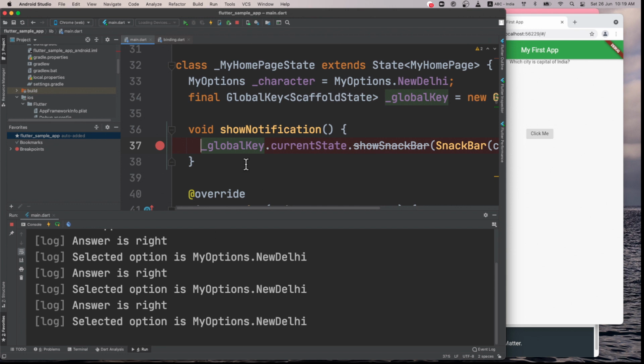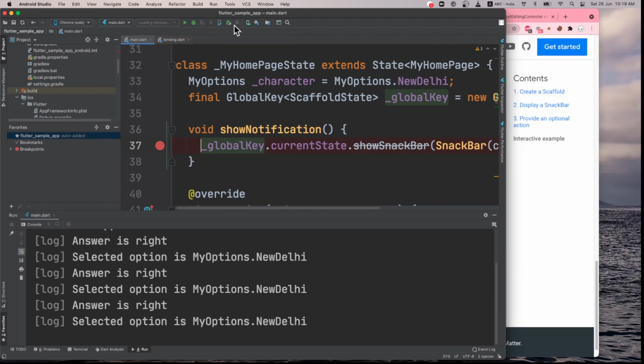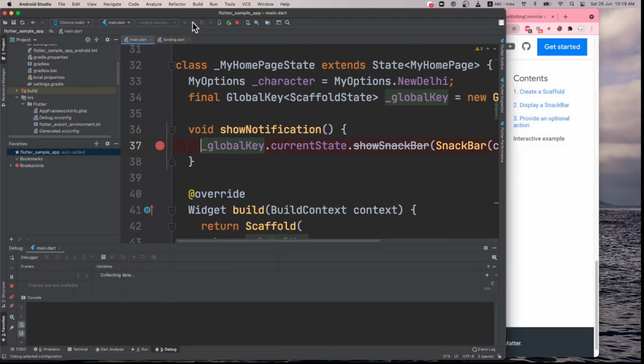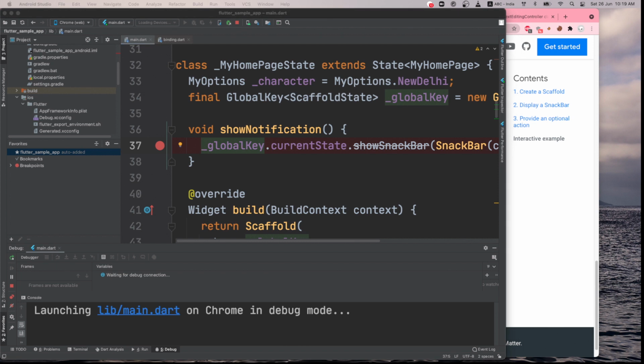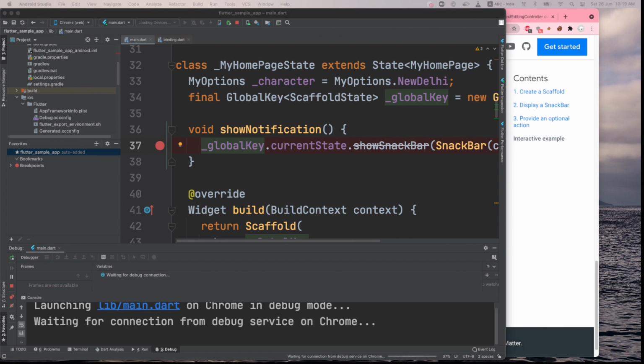So I will show you how to debug it. On click, you can put a breakpoint here, you can stop, and then you may be calling this. There may be a reason that snack bar is not coming, because we are trying it on the web, whereas we should be trying it on the mobile. Let's see if it's working here.